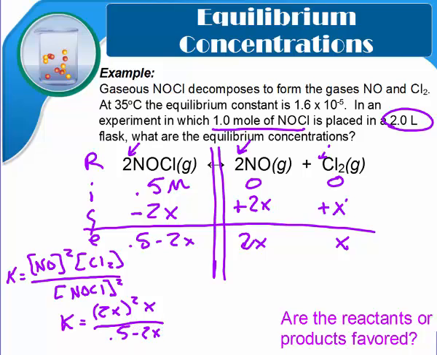I look now and see that that will lead to the quadratic equation, but my K is less than 1 times 10 to the negative 4th. So I'm going to ignore that minus 2x. It doesn't matter if it's a minus 1x or 2x or 3x. If it's a minus x, we can ignore it. We cannot ignore the x's on top, though. So simplifying that,